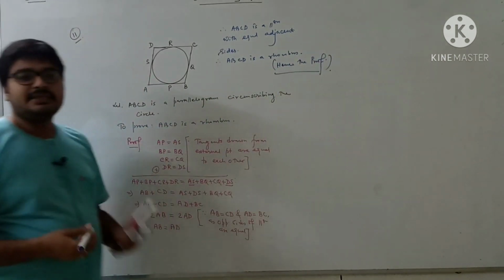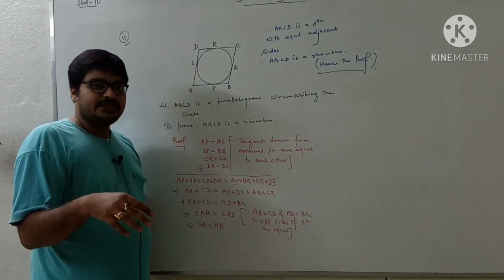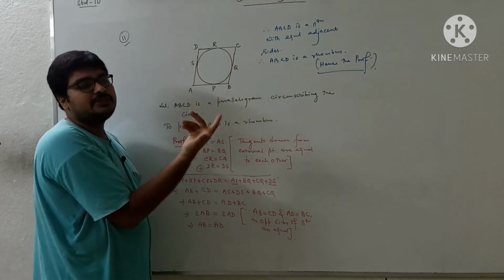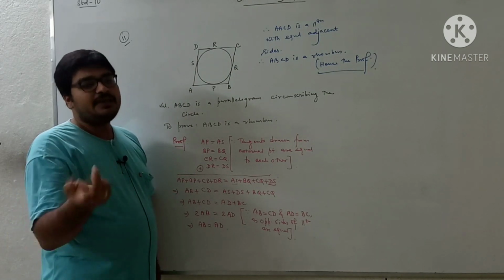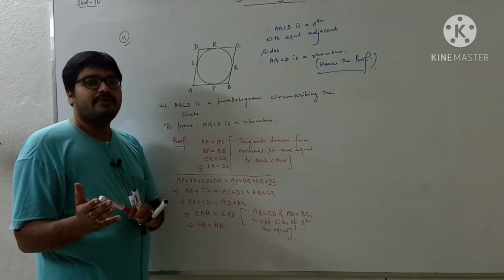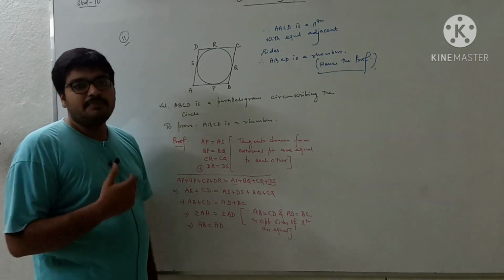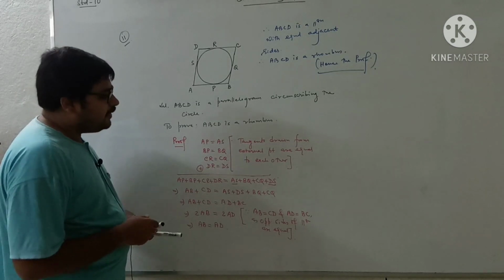I think you understand this one. First of all, it is a parallelogram, it has already been given in the question, and I have proved in this parallelogram the adjacent sides are equal, and so all the sides are coming equal. Whenever in a parallelogram adjacent sides become equal, it turns out that all the sides are equal, so we can say it's a rhombus. Okay, so now we'll move to our question number 12.